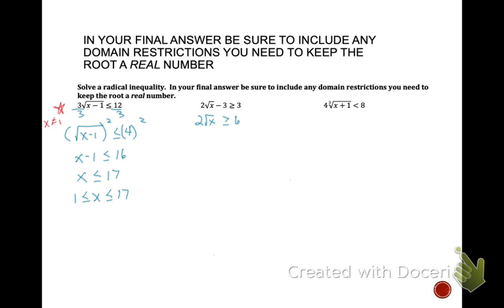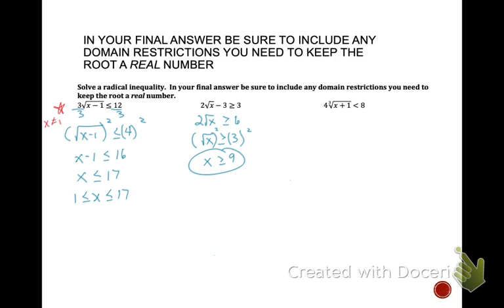So in our second example, let's start by adding the 3 to both sides. So 2 square root of x is greater than or equal to 6. Then we'll divide by 2. We get the square root of x is greater than or equal to 3, and then squaring both sides to undo that square root. So x is greater than or equal to 9. Now, if I look up in my original, it is fine to leave my answer as all the x's that are greater than or equal to 9,